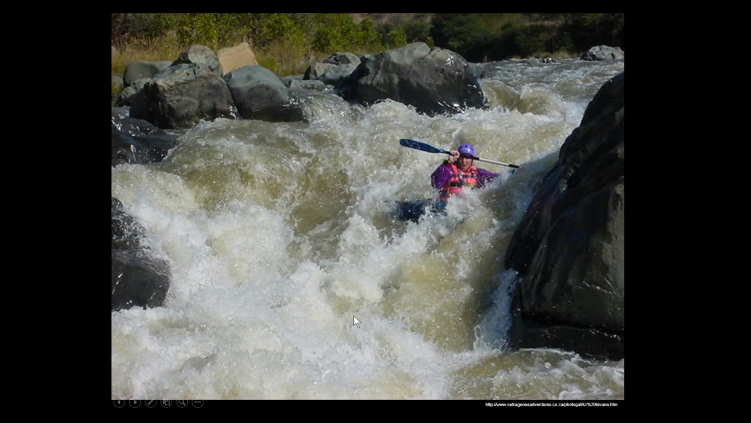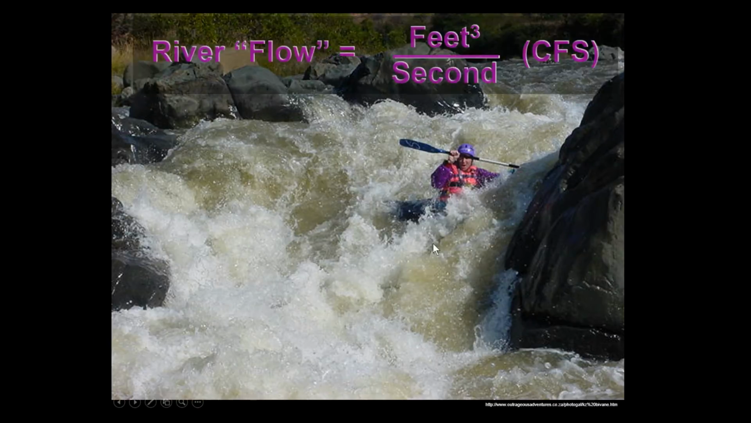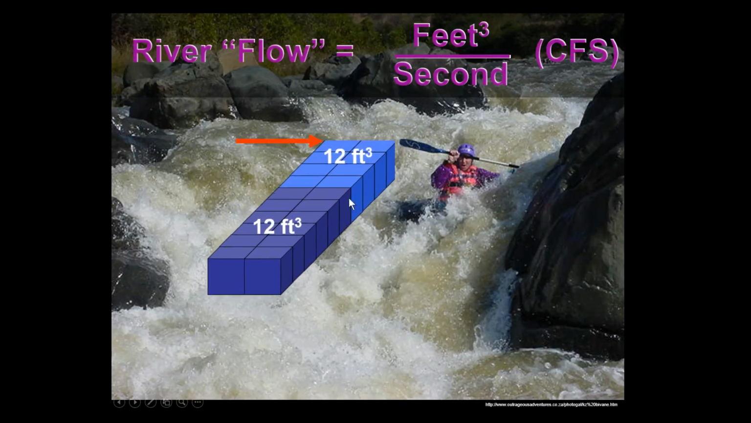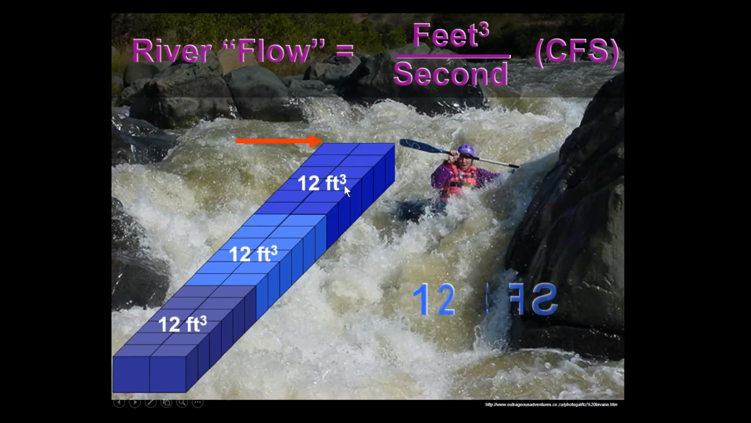But to measure the flow of a river, we use cubic feet per second, CFS. It's a quantity of water flowing by every second. So if we had a reference point here, and if we had 12 cubic feet and 12 cubic feet and 12 cubic feet, if 12 cubic feet flowed by that spot every second, that would be quantifying the flow of